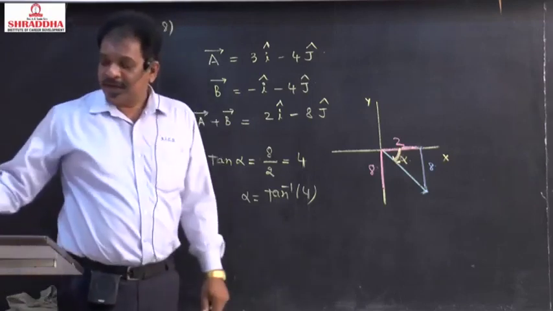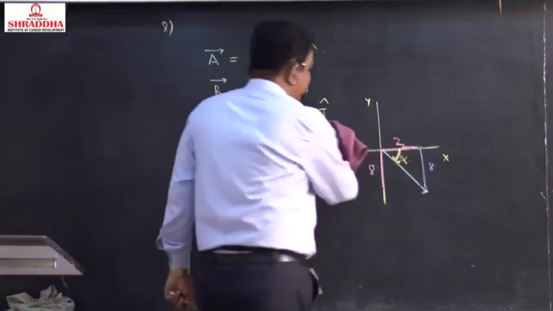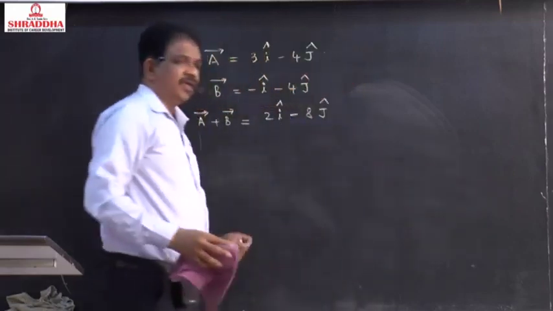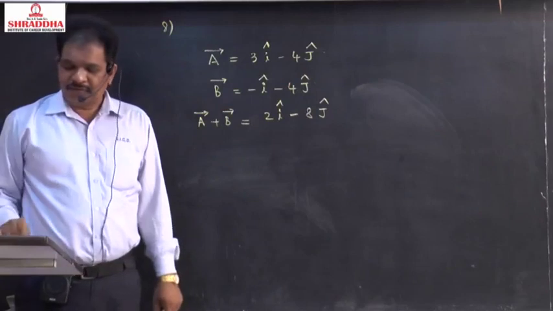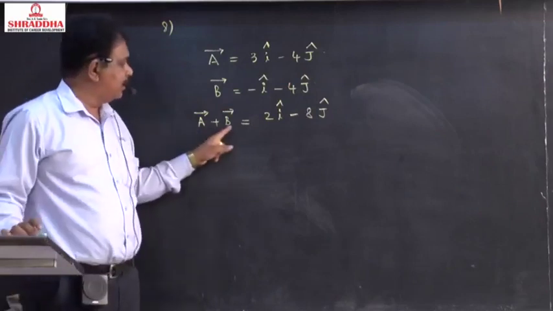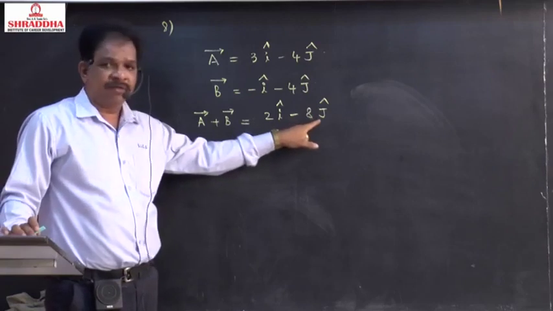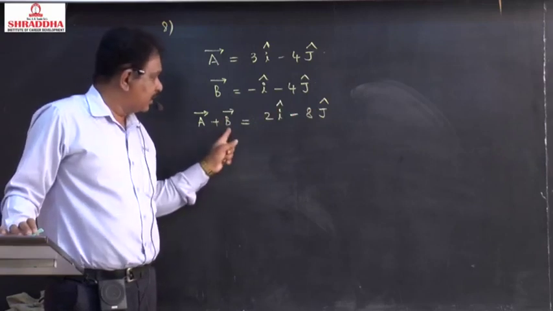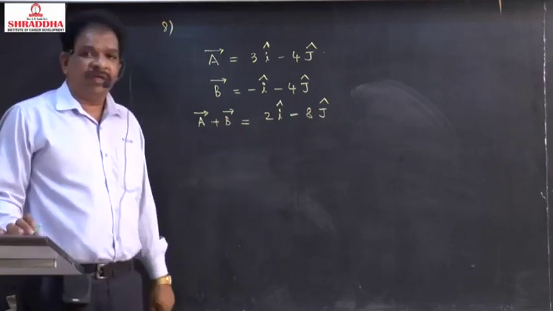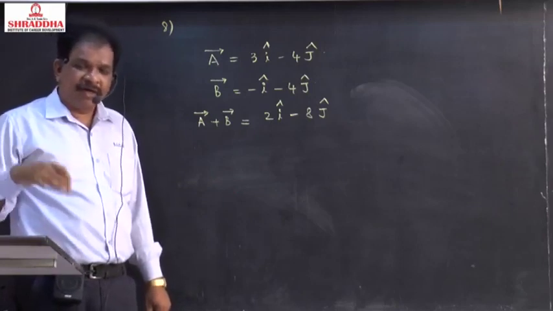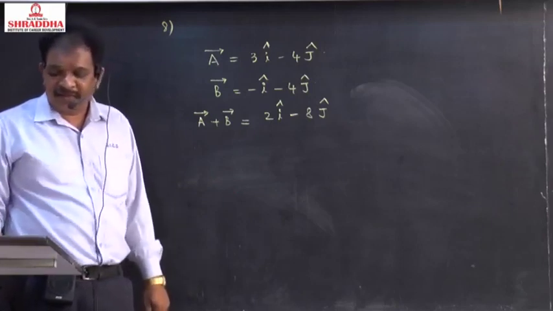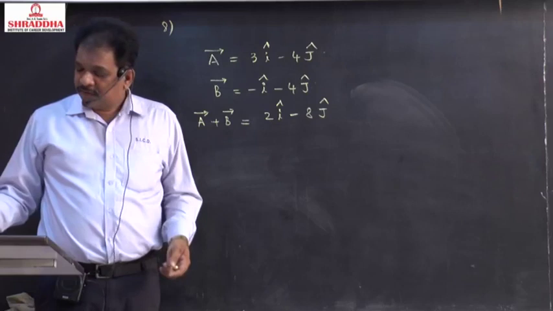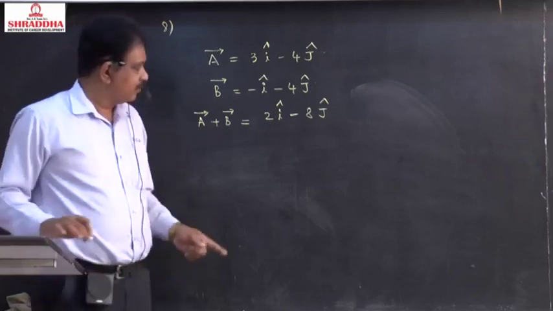Once again I will explain. Try to understand, so listen. What to understand? A bar, B bar is given. Very good. Then A bar plus B bar is equal to, we got this one. Definitely up to here you will understand. How much angle this vector is making with the x-axis or y-axis, minus x-axis, in the clockwise direction or anti-clockwise direction, what is the correct one, they are asking.